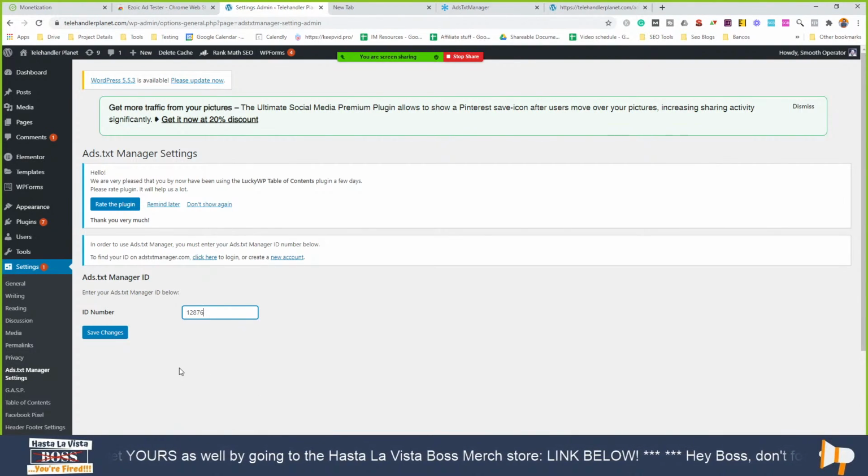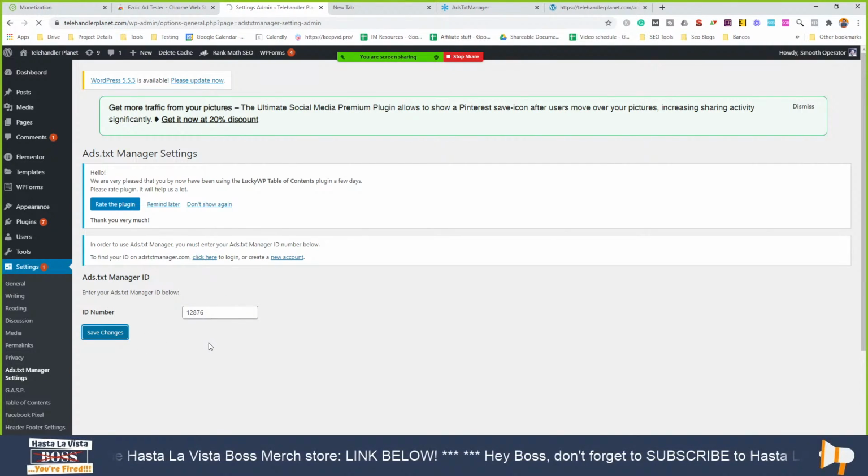I just realized too, we do this automatically if you're name server or if you are Cloudflare integrated. So Adrian, we actually didn't need to do this for your site, but if you are WordPress integrated, you will have to go through this process. So it's still probably a good thing that we showed everybody. Yeah, that's awesome. For everybody who might not be in my situation, it's valuable. Yeah, and if you don't have an ads.txt file, this is an easy way to set it up and get it running because it is good for your site.